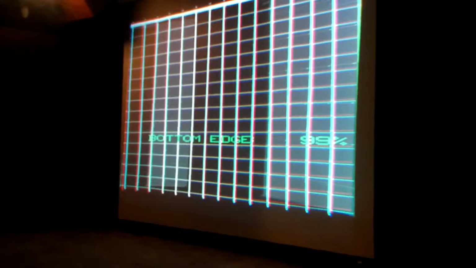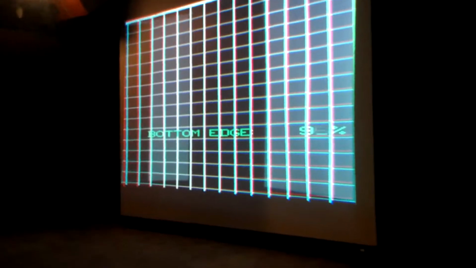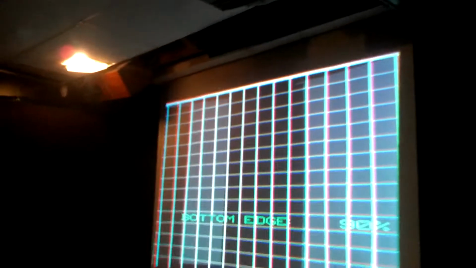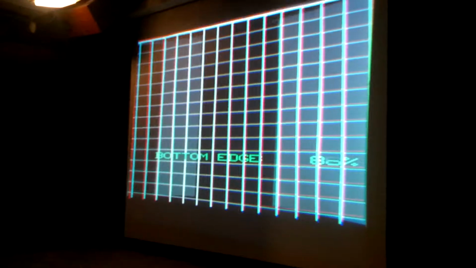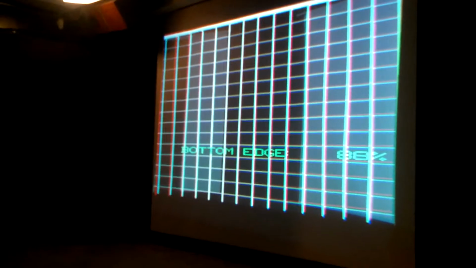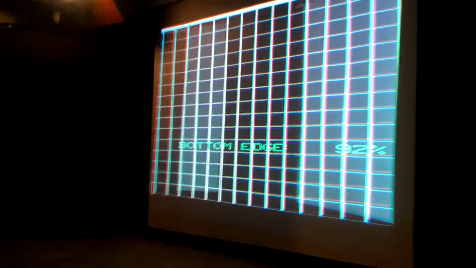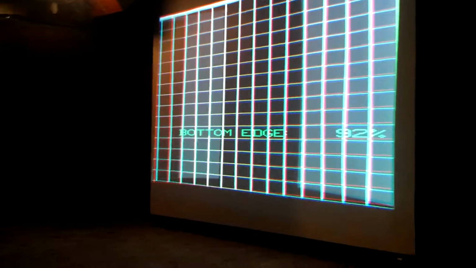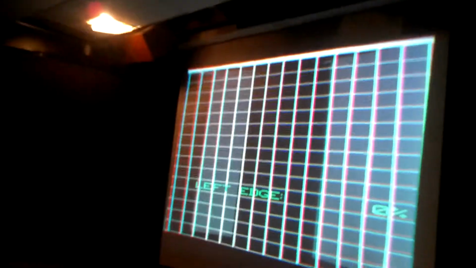I'm on bottom edge, so I start kind of crunching that down and see how it's eating up the bottom of the screen. I normally can get away with around 100% wherever you need it, and then you hit the blank again. The top edge, it should start, if I hit the down arrow,